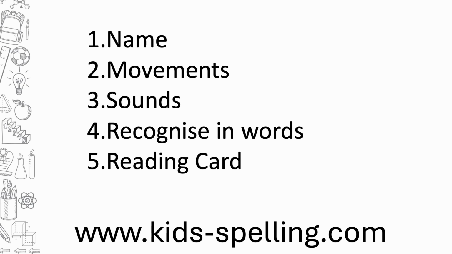Let's recap. Children need to know the name of the letter C. They need to know both moves, jumping like a cat and making the city. The rhyme will be the letter C says K for cat, but if it's followed by E, I, or Y, it says S for city. They must be able to recognize the letter C in words, and also, if you are reading books, show them every time you see a C that they must first notice the letter after the C before they can decide which sound the C is going to make.